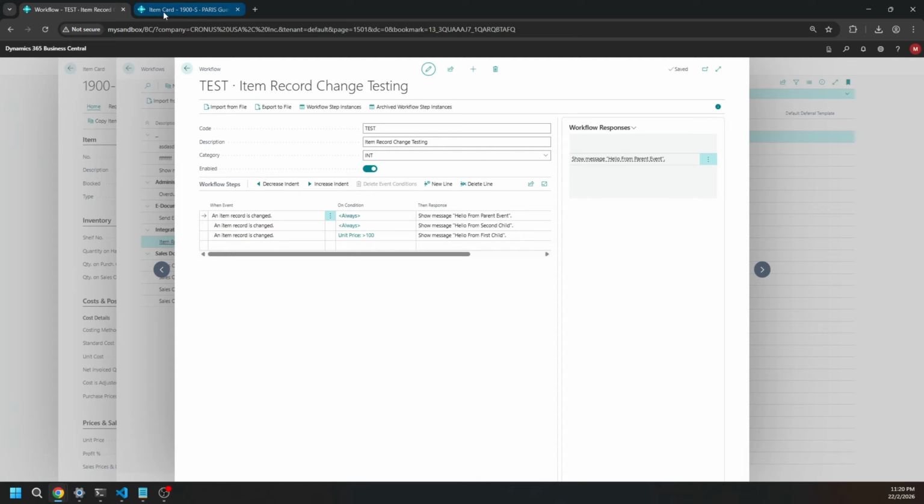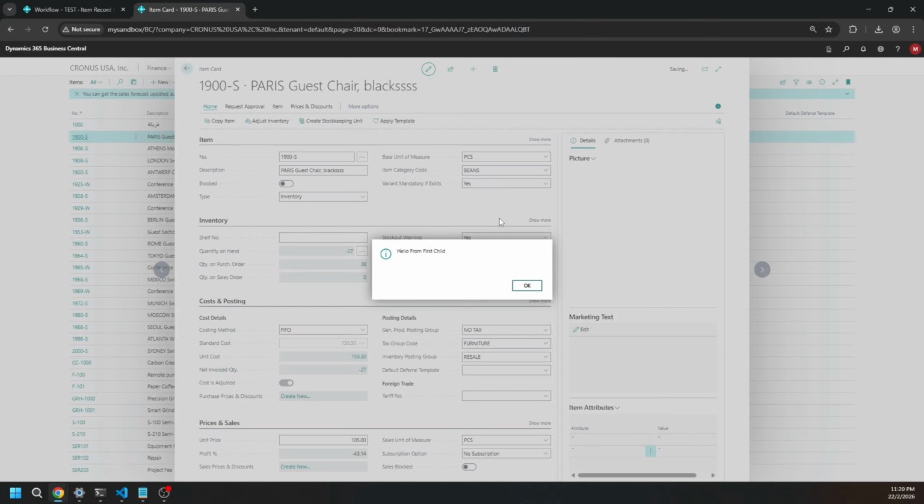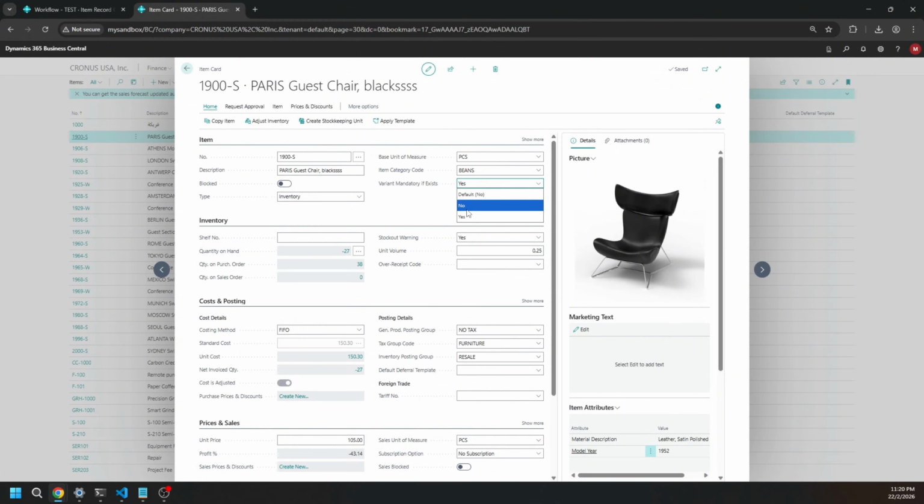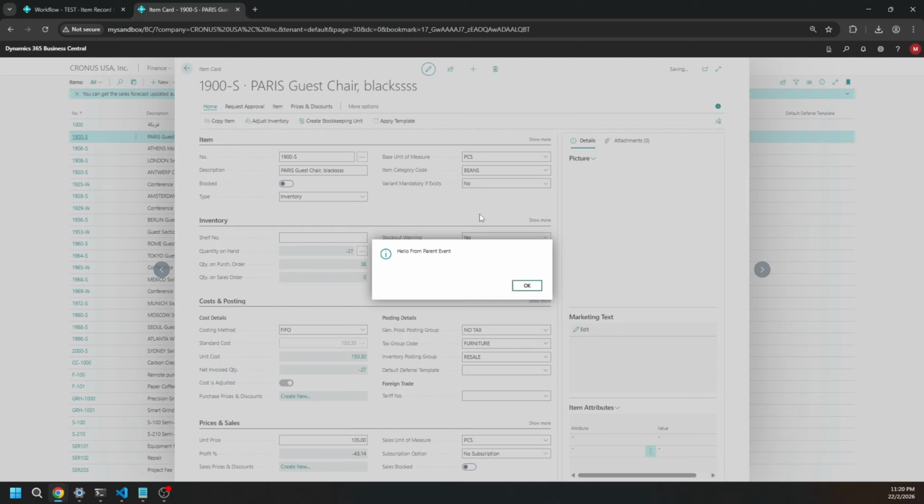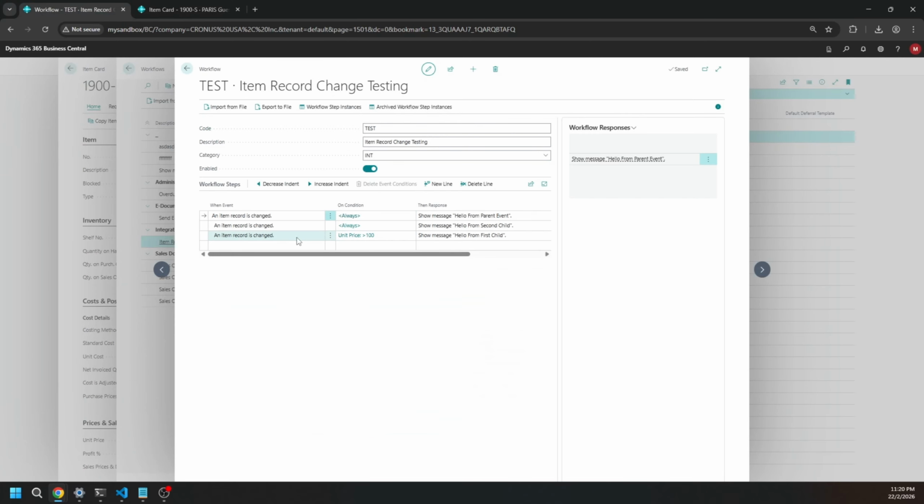So if we turn the event on, hello from first child, hello from parent, hello from second, hello from parent, this one will never be triggered, as the events that are on the same hierarchy will only have one event trigger. So this one will always be triggered and this one will always be ignored, as this one does not have any condition. But if we change the conditions, let's delete this line,